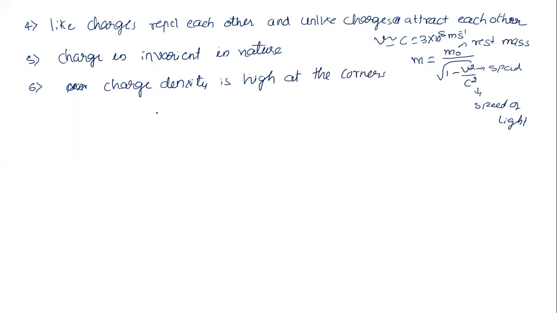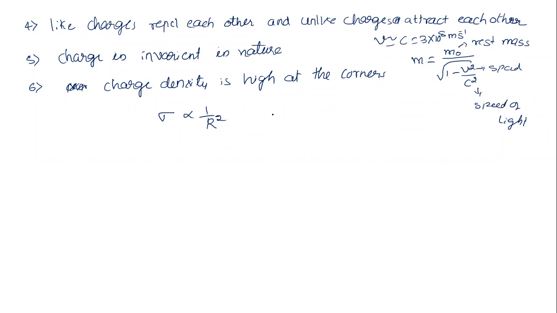So I can say charge density, or especially surface charge density sigma, is proportional to 1 by r, inversely proportional to r. We will discuss this when we come to the different charge densities: surface charge density, volume charge density, and linear charge density. There we discuss it is inversely proportional to radius. I think square of radius, because it is charge per unit area. Area is 4 pi r square. So it is proportional to 1 by r square.